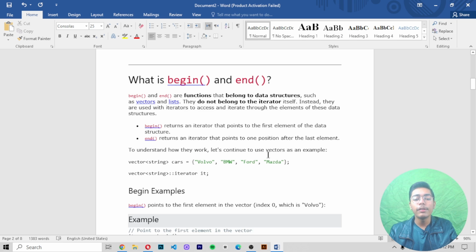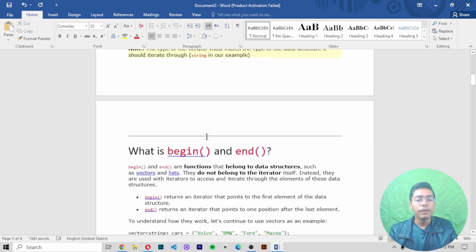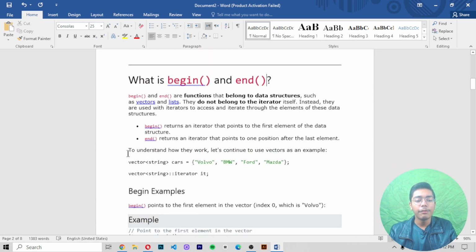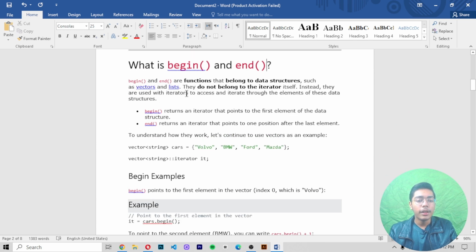To understand how they work, let's continue to use vectors as an example. Like at the top, when we were understanding iterator, we were using a vector as the example. So here as well, when we are understanding the begin and end functions, we need to use this same example of vectors so that you will not be confused and will understand everything easily. If we talk about how we have created a vector, first we have written the vector keyword, and after that we have written our vector type, and then in the end we have written our vector name